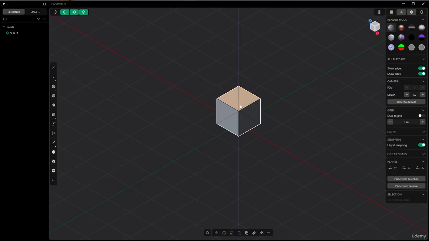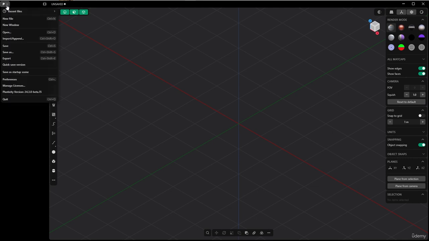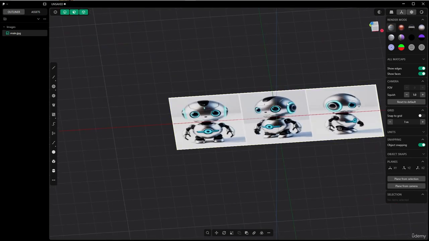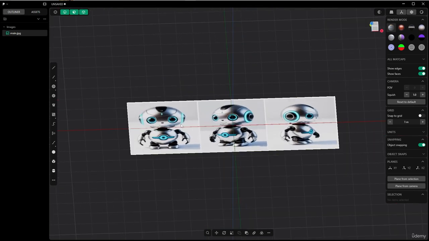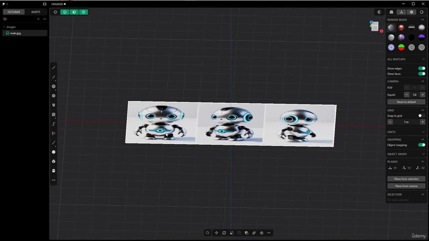Okay, let's import our reference image. Let's first of all delete this cube and look for our reference image via import append or Ctrl-Shift-O. And here it is, our hero, but we will use only the one on the left, since this one is the only orthographic one, showing us the guy from the front view. So let's rotate this guy